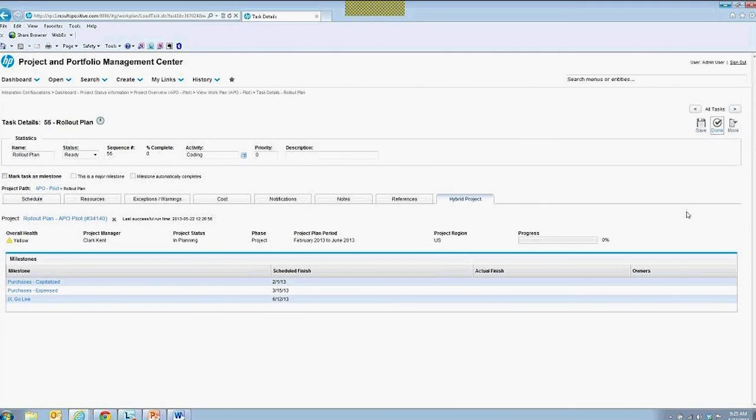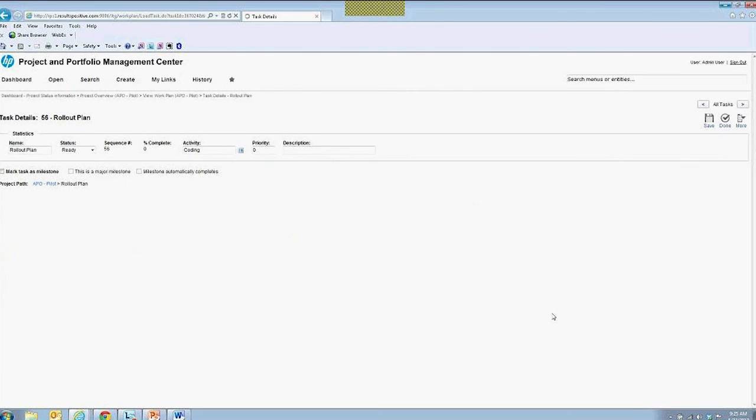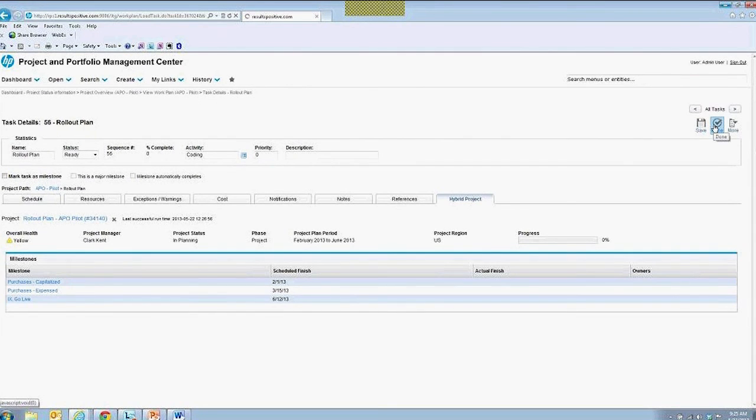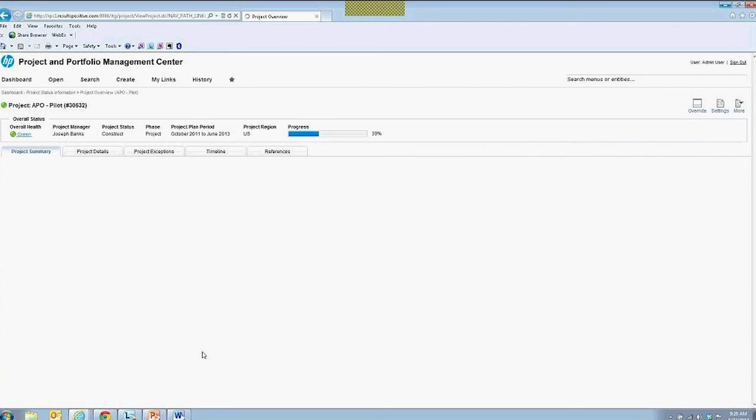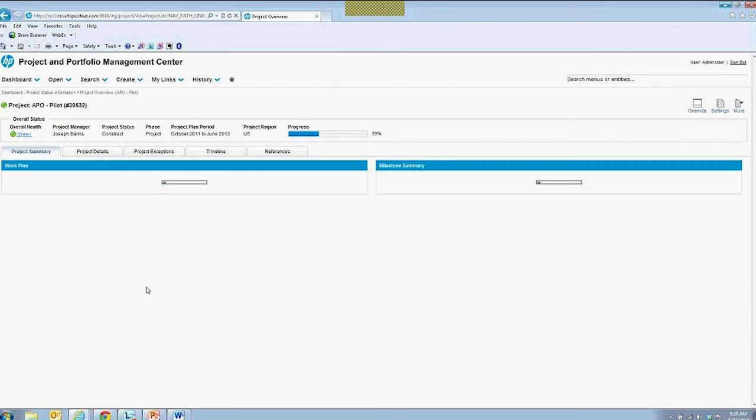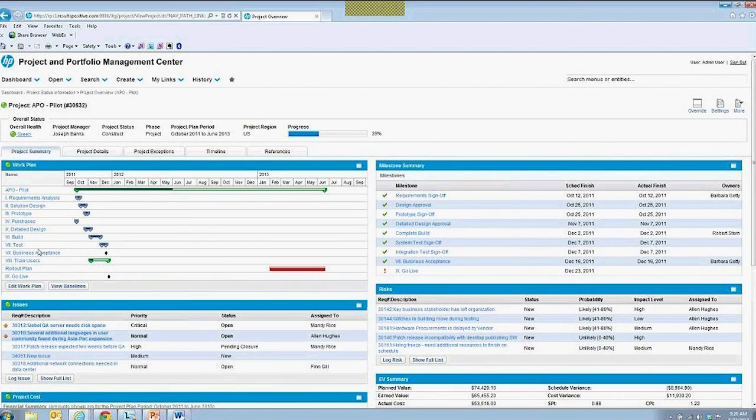And so it's as simple as that to have the process now of really at least being able to identify a master sub-project relationship and how and what the timeline looks like. Now, as far as rolling up financials and things like that, the first release doesn't have all of that. But I do believe that just based on this structure, that has to be where they're heading from that perspective. So I don't think that this feature is 100% implemented, but it certainly gives you the ability at least to see that you have related projects and that each task within this work plan still abides by all of its